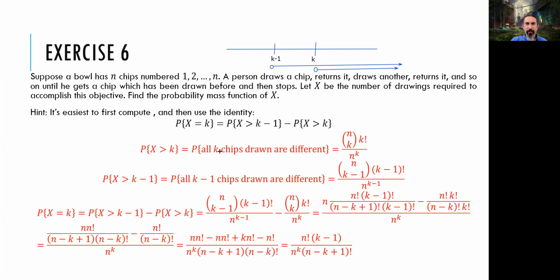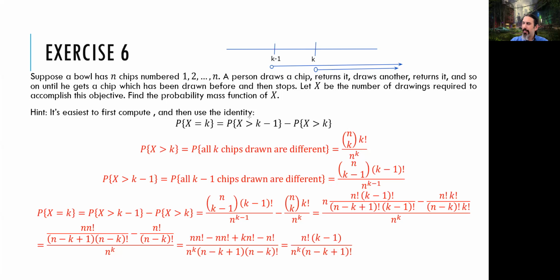Okay, this is easy. I already know that I can pick k chips out of n chips, n choose k. And then I will just order those k chips, k factorial. This is the number of times I can pick those k different chips out of n chips. I already know that all of the possible combinations is n to the power of k, because each time I have n chips in there, I'm taking one, looking at it, throwing it back, and drawing another one. So if I pick chips k times, all possible scenarios, the sample space has n to the power of k elements in it. So this is my probability for picking k different chips, okay, in k times, in k trials.